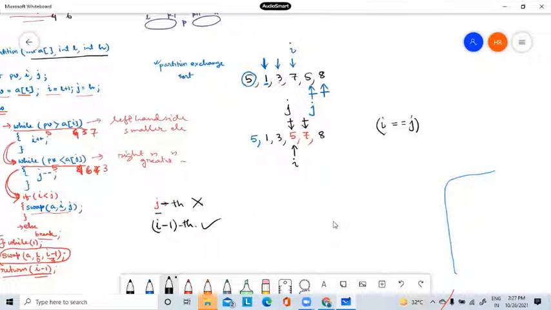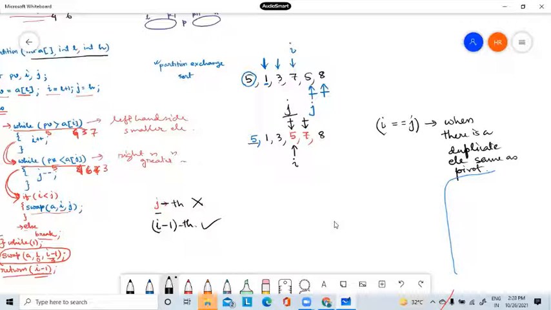Both I and j become equal when there is a duplicate element same as pivot. We have chosen pivot 5. If there is another 5 in the array, then what will happen? Both I and j will stop at the same position. Now see, if we interchange pivot with the jth element, what will happen? 5 will be interchanged with 5. So it will have no effect on the solution.